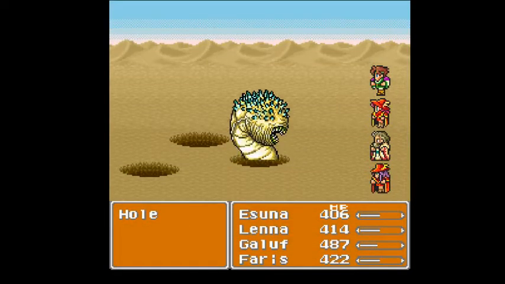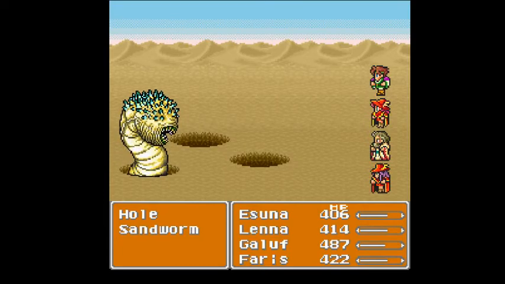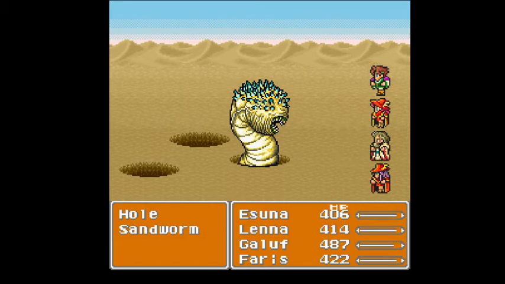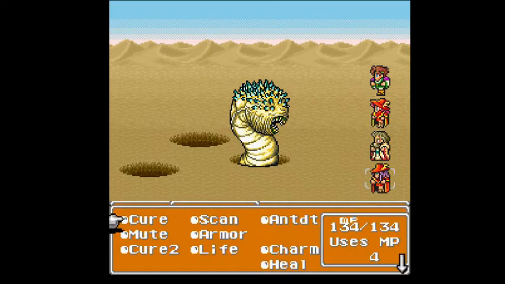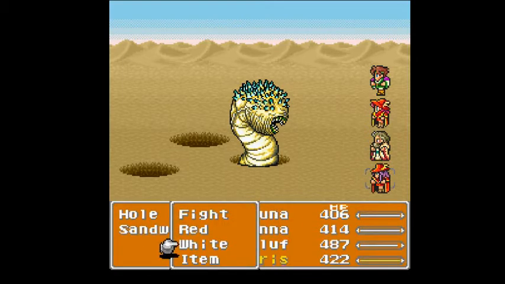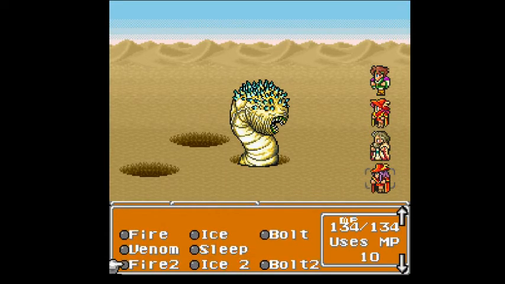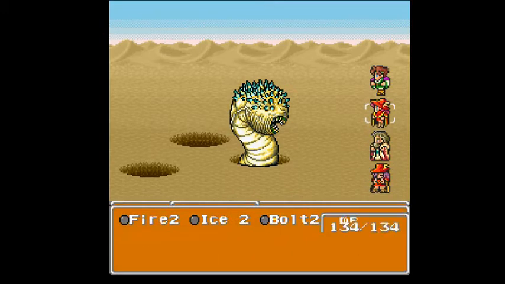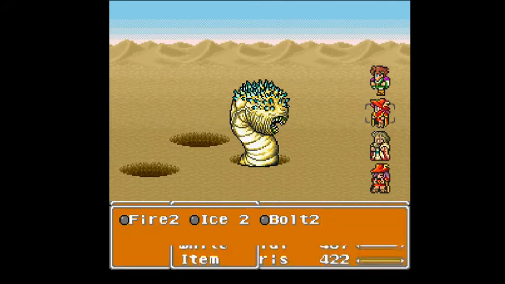Here's the Sandworm. As you can see, this is like a whack-a-mole game. If you guess wrong and attack one of the holes, you get a Demi or a Gravity attack that hits everybody. The Sandworm's main threat is an ability called Quicksand that just does 60 damage to all of your party members, exactly 60, and puts you in HP leak status. But with the protection of the White Mage, it should not be too big a deal to overcome that loss